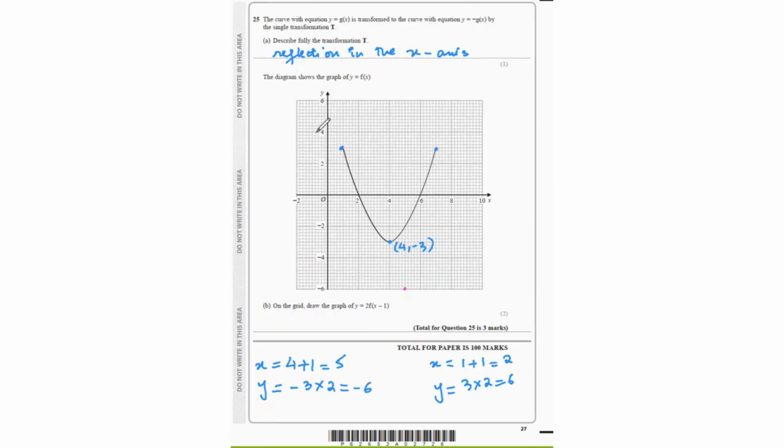So (2, 6), that's over here. And this would be, again, 7 plus 1, that's 8, and the y value would be the same. So if we connect this,